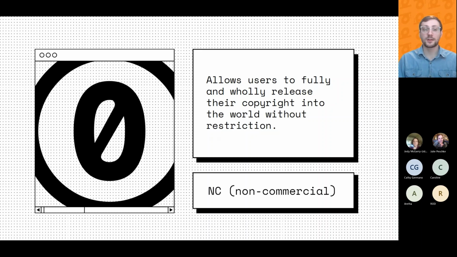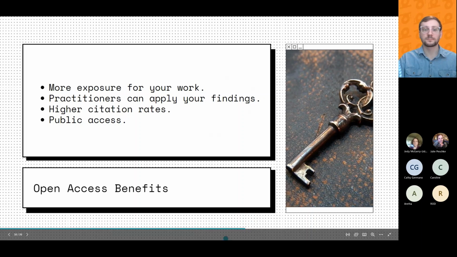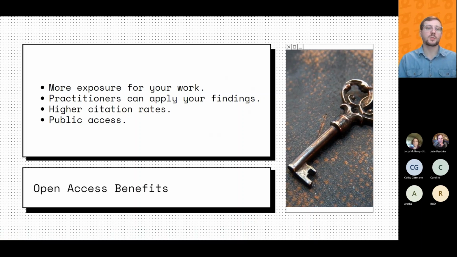As I mentioned before, all these different elements can be combined to make your own license, and those licenses exist on a spectrum. I think, yeah, it's 6 possible licenses.